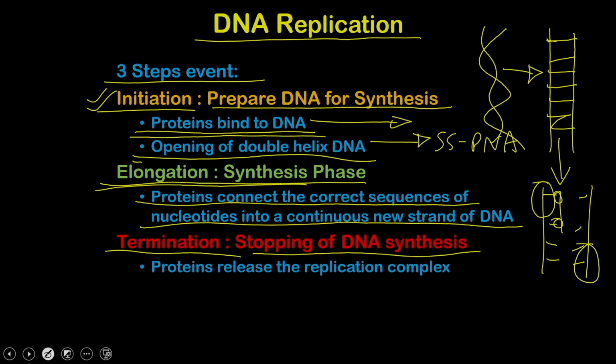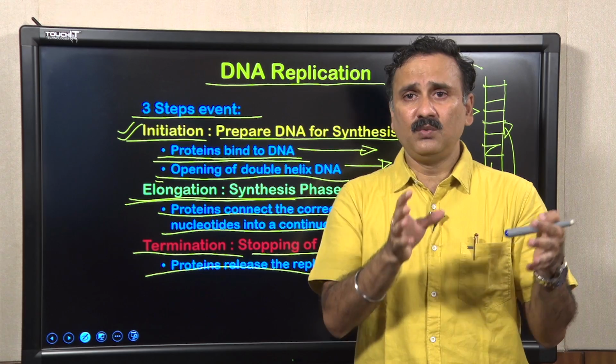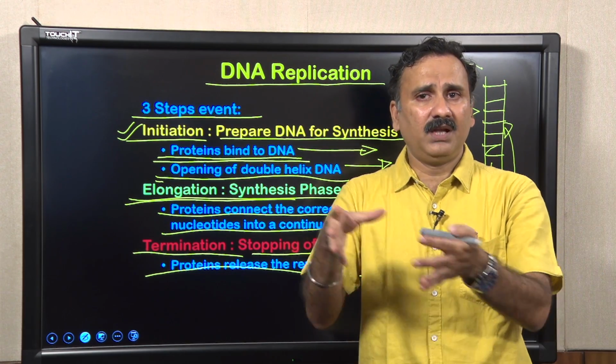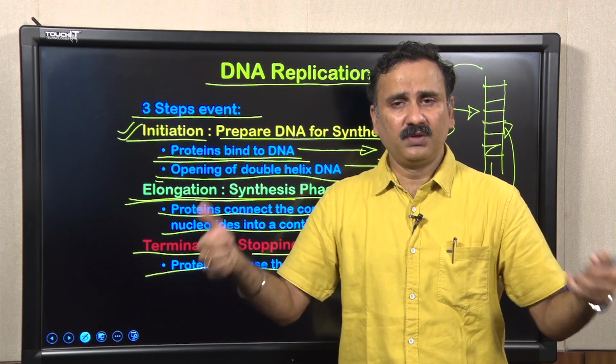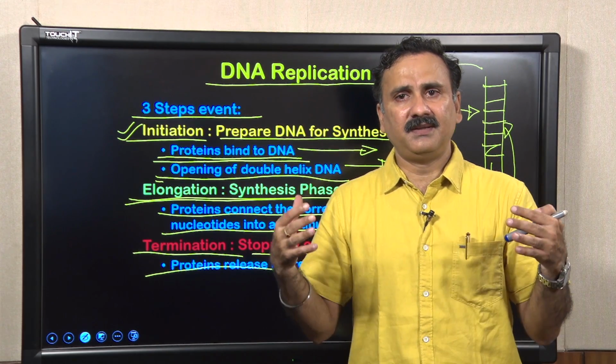And once the DNA synthesis is over, the DNA has to regain its original form, which means once the synthesis is over, the DNA is first converted into a double stranded structure, and then into a double helical structure. That is why DNA synthesis is a very finely controlled process, where you first do the initiation, where the DNA has to be broken into 2 different strands, and then the 2 different strands are going to be occupied by the DNA synthesis machinery.